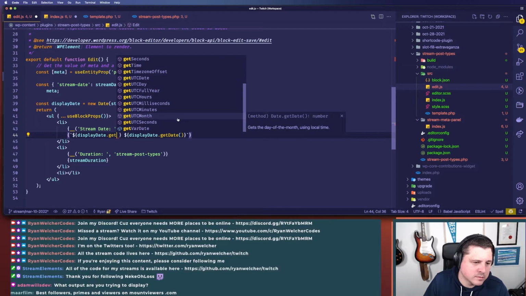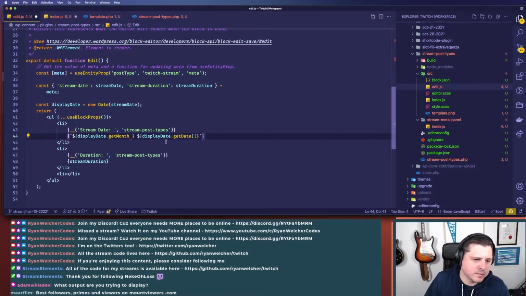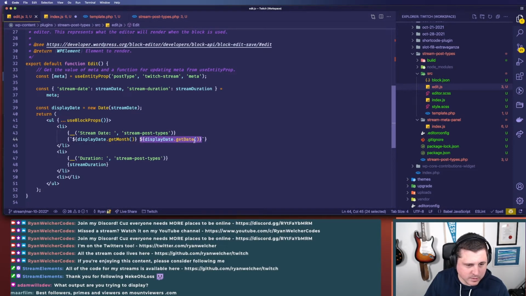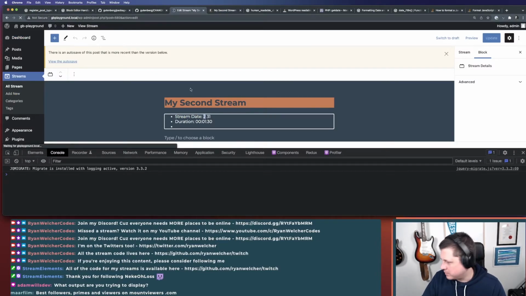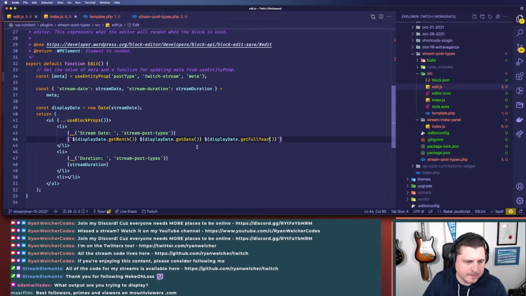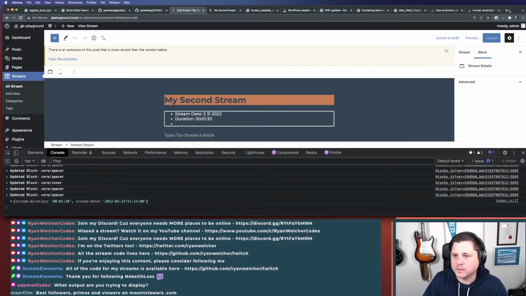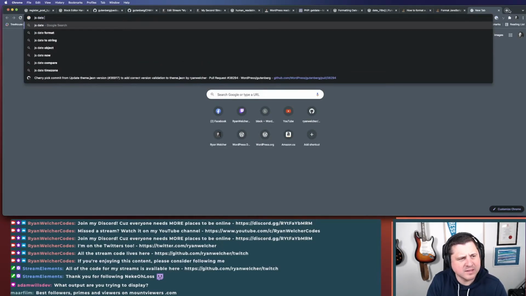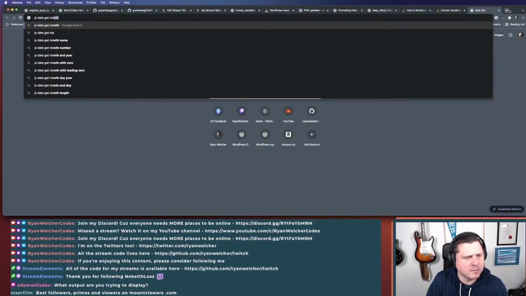This is annoying. So getMonth returns a number. Oh, that's annoying. Okay, whatever. JavaScript, you hate me so much sometimes. And then I should be able to go getFullYear, right? Full year. I can see why things like moment are a thing. Okay, so that's that. There's a comma after there. Just date getFullYear. Okay. Date getMonth name. Is that a